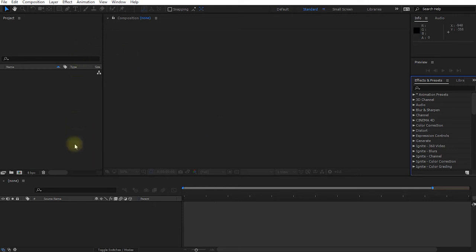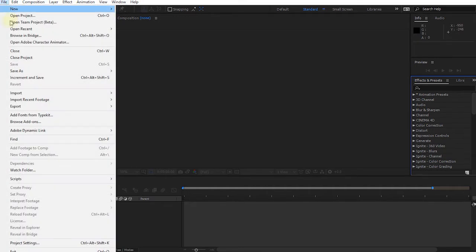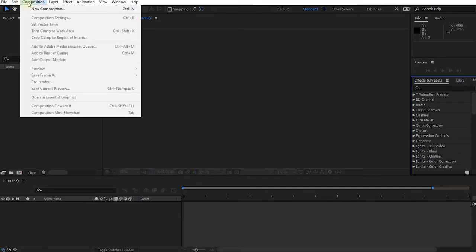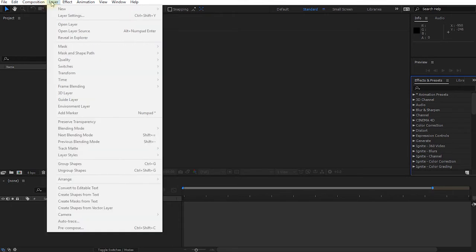Adobe After Effects does have quite a number of different panels, but don't worry, they're all actually pretty straightforward. But let's start at the top. At the very top, you will find the very familiar main menu bar, and this is where you go if you want to open or save your projects, perform edit operations, work with compositions, which are, as I mentioned, the containers for your actual effects. You can work with layers, which are the visual elements that you place inside a composition. Again, we'll get to that later.